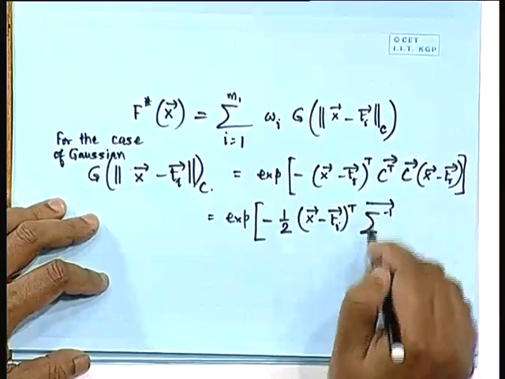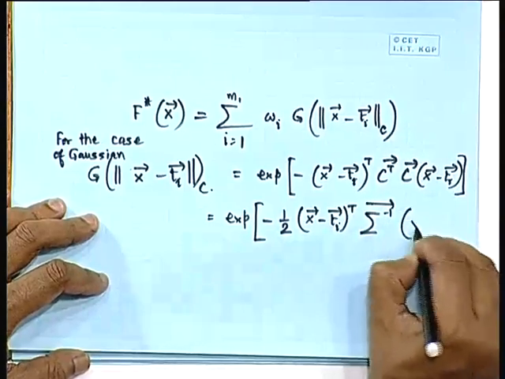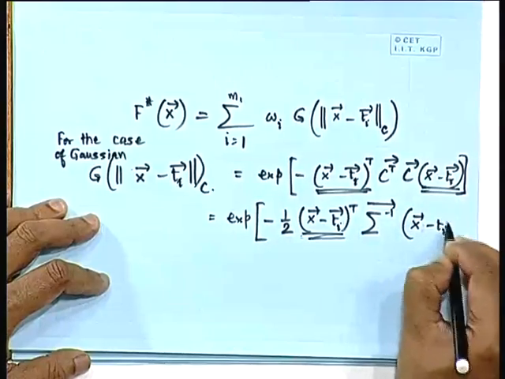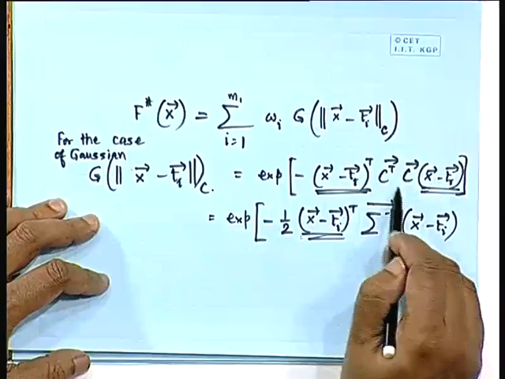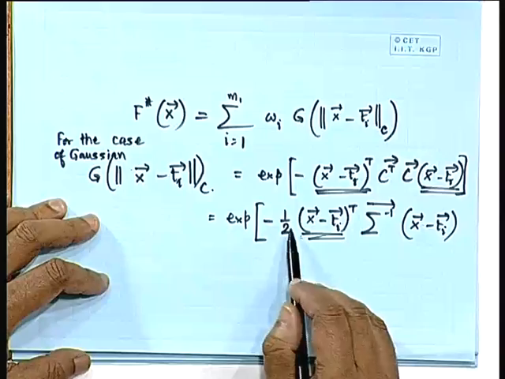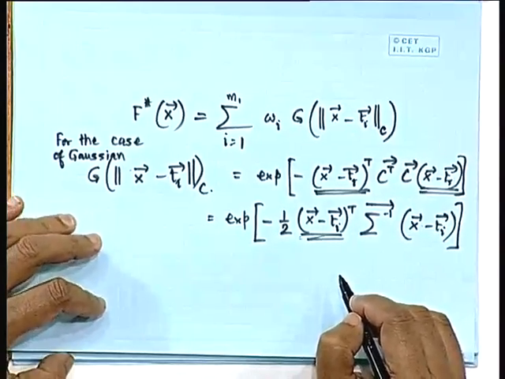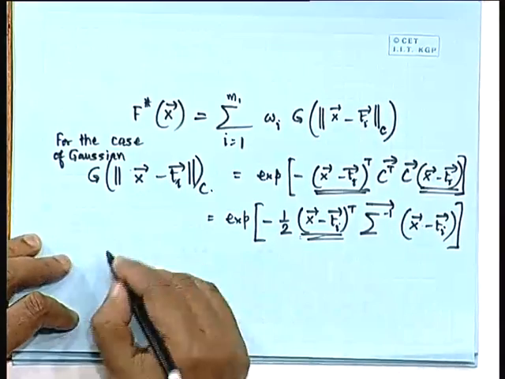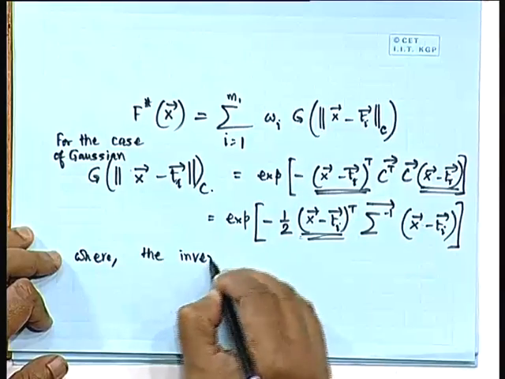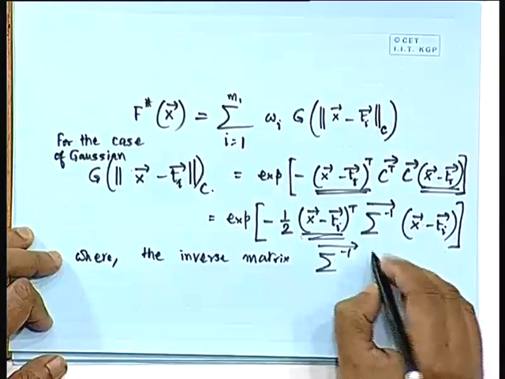Okay. So, this is a matrix, and we are taking the inverse of sigma matrix. I will be defining what this means, and this term. This term remains as this, and this term, that is x minus Ti vector, also remains as it is. In between, instead of writing it as C transpose C, we are writing it as half of sigma inverse, where the significance of this sigma is that it is the covariance matrix. So, in this case the inverse matrix that we obtain, the sigma inverse, is